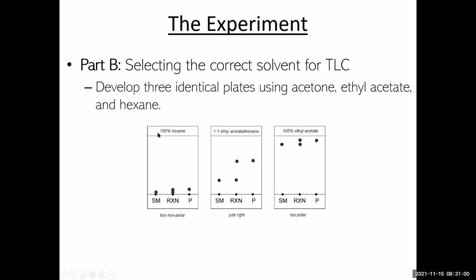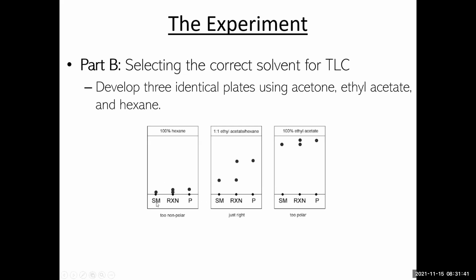there's a manual, but this is like an example. So I guess we're doing these, but this picture I took from somewhere else, where they actually used 100% hexane, 100% ethyl acetate, and then a 50-50 or 1-to-1 mixture of ethyl acetate and hexane. And then they're going to develop them with the 3 different eluents in 3 different developing chambers. And again, they have a starting material spot, a product spot, and then a reaction mixture. In our case, we're just having standard compounds, so there's no reaction.